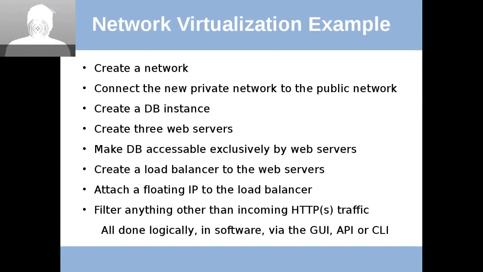He can create his own load balancer via load balancing as a service. The load balancer would be pointed at the web servers. He could attach a floating IP, which would be a real internet routable IP, so an IP that's actually exposed to the internet, and point it at the load balancer. And then also additionally make sure that the only viable or allowed traffic would be incoming HTTP traffic, right? We'd probably want to filter out any other types of traffic. So